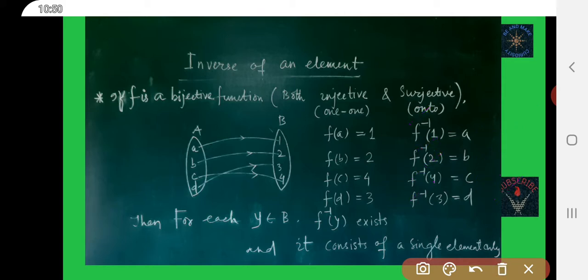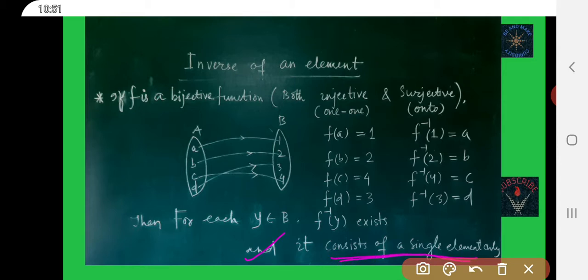Okay, so if F is a bijective function, then for each element of B set, that is y belongs to B, there exists F inverse of y, means inverse of y must exist, and it consists of a single element only.